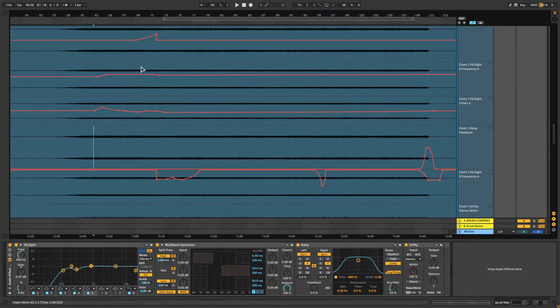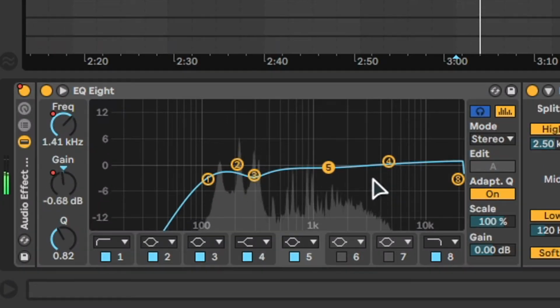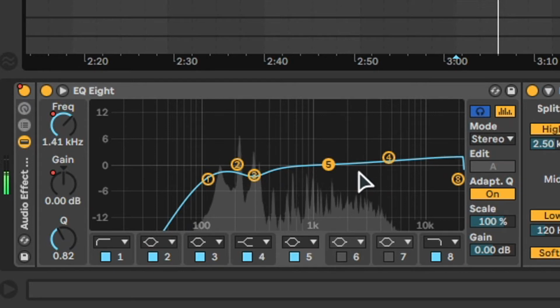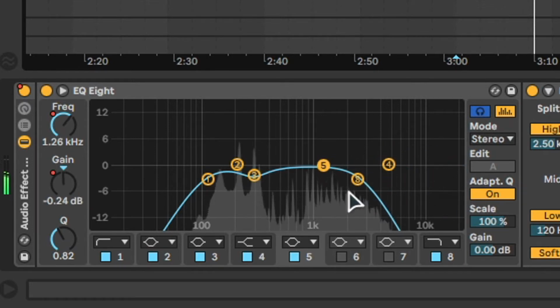Okay, the second one really connects with the first one, and that is use automation to your advantage. The build-up is building up to the chorus where the drums finally come in. And as you can see, everything about the automation is building up towards that drum that is going to come in. I have this EQ, it is slightly going up, ever so slightly, and then when the drums hit,